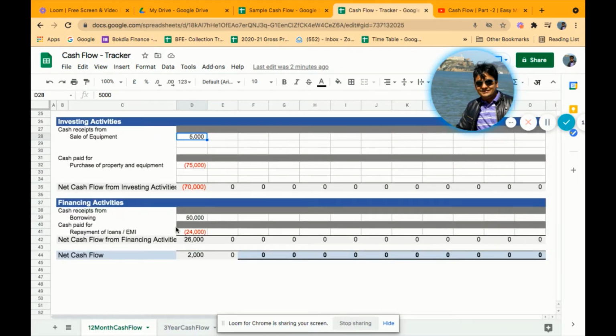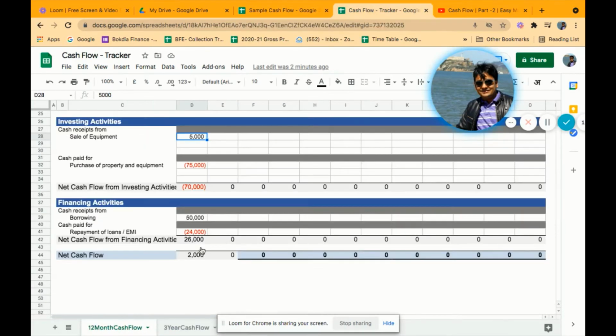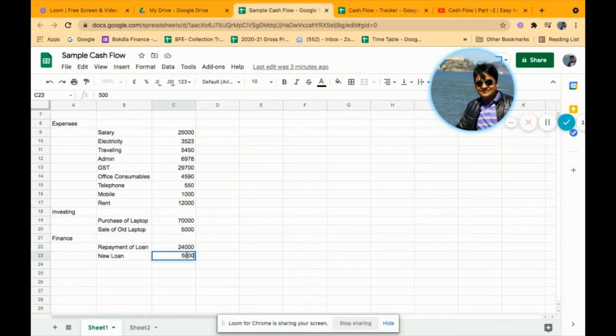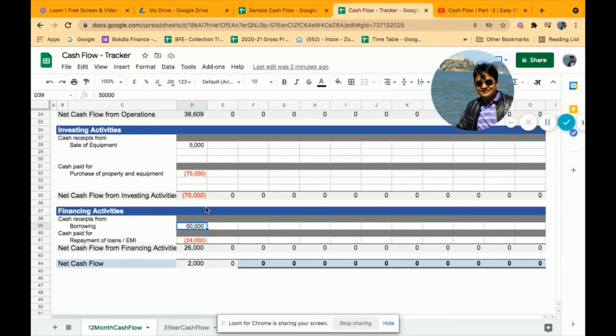Now let us go back to financing activities. Do they have any loans? Yes. So they pay 25,000 EMI on loans, and this has been added over here as cash paid for loan repayments, which is 24,000, and this is a minus sign again, so this cash is going out. And did they borrow anything? Yes, they borrowed 50,000 rupees, which is being added over here as cash receipts from borrowing, 50,000. So the net cash flow from financing is 26,000,